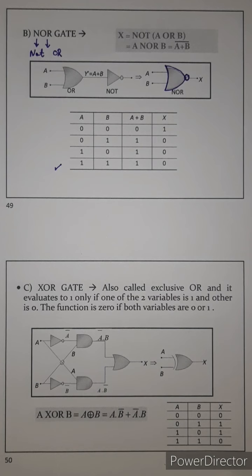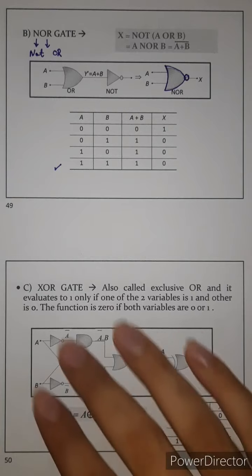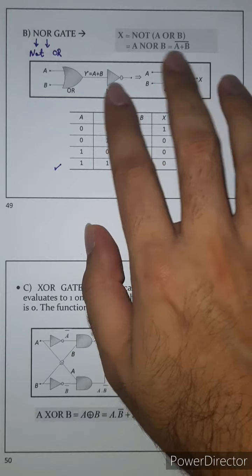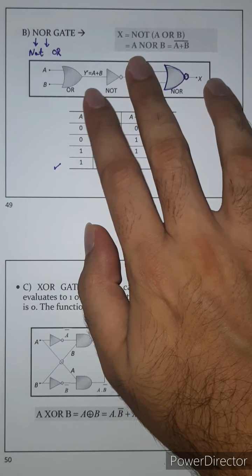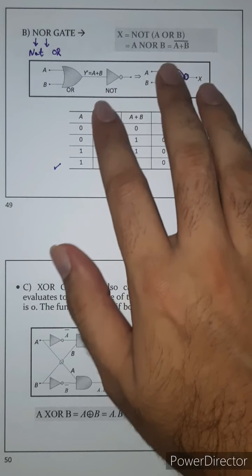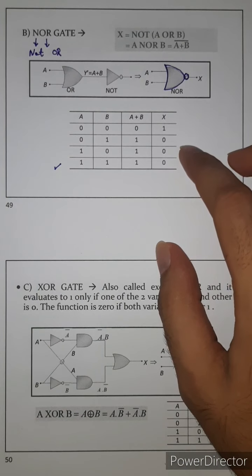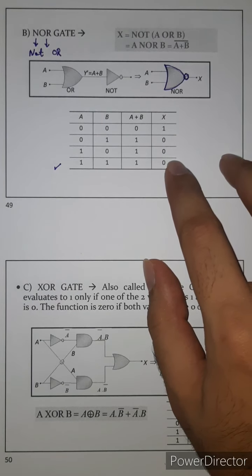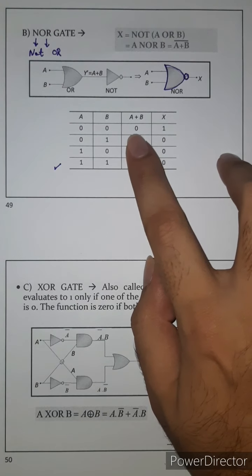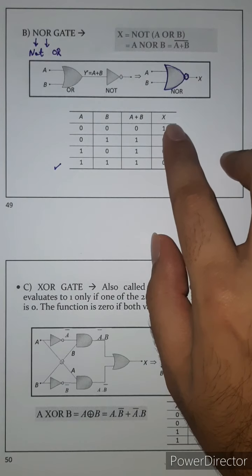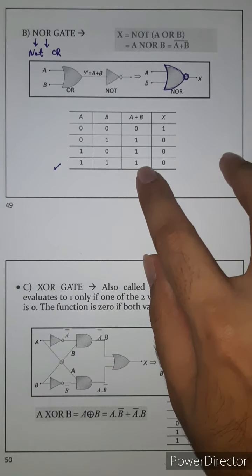The next combination of logic gates is the NOR gate, which is the combination of NOT and OR gate. So you can see in the diagram that by combining OR gate and NOT gate, we get a NOR gate, which is read as X is NOT (A or B), that is X is A NOR B, or negation of A or B. You can also see from the truth table that the final result X of this NOR gate is the negation of A or B. So we have the value of A or B in the third column, and you can see the value of X is the negation of A or B.